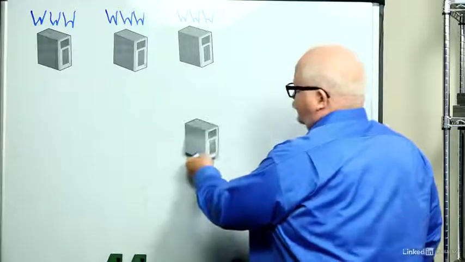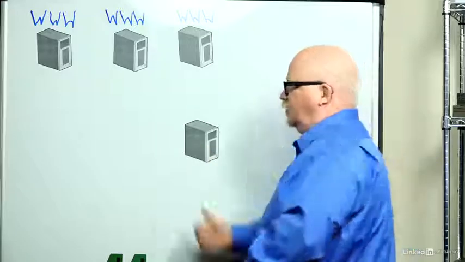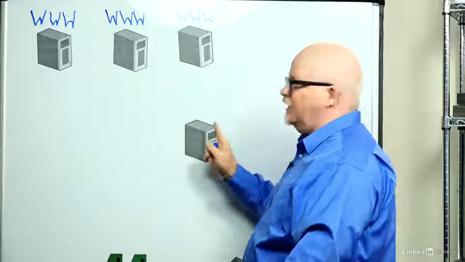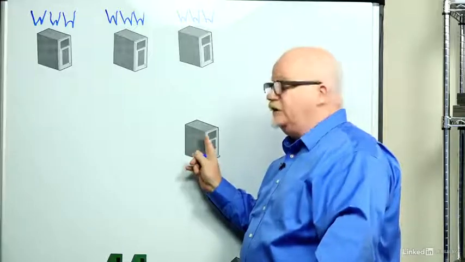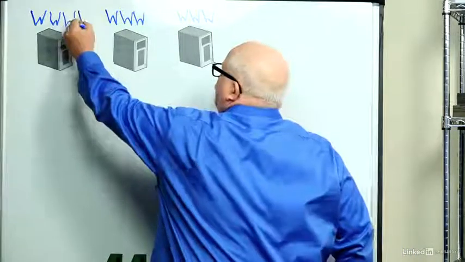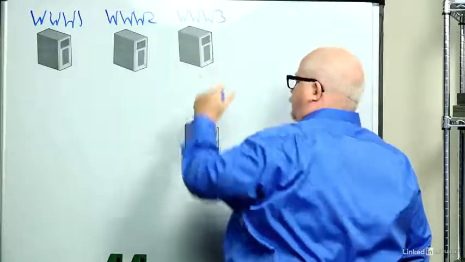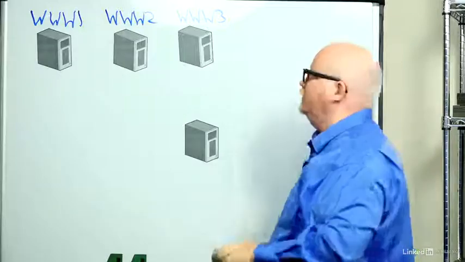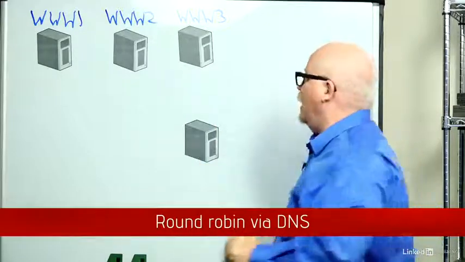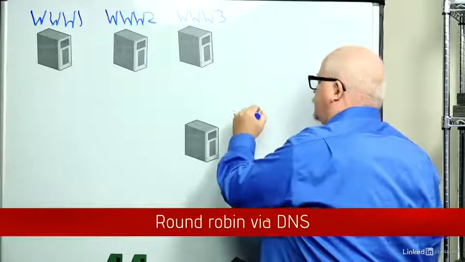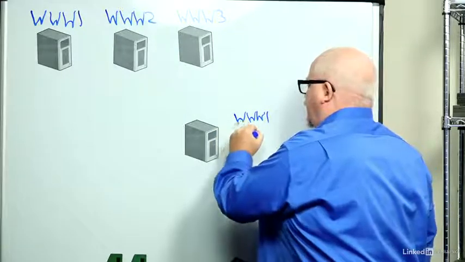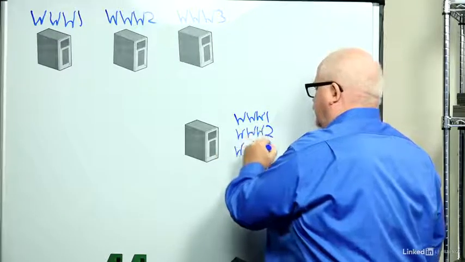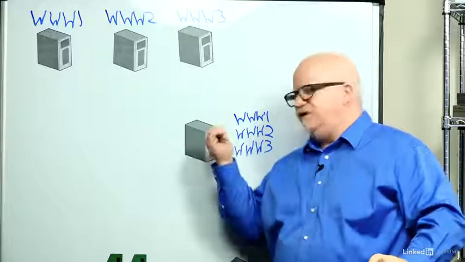So I've got a DNS server someplace else that's actually the authoritative server for this particular domain. And what we're going to do is we're going to put stuff inside the DNS server to kind of fool people. So I'm going to call this www1, www2, and www3. And what I can create is a lookup zone that does something very, very interesting called round robin. With a round robin, what I'll do, I'm going to have all three of these guys in a lookup zone,